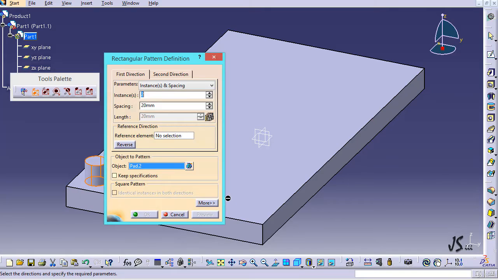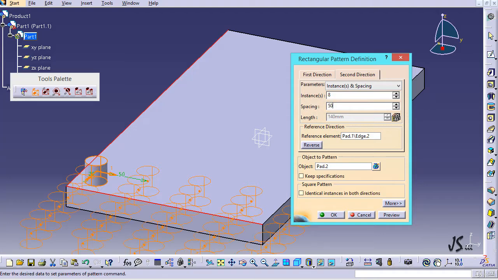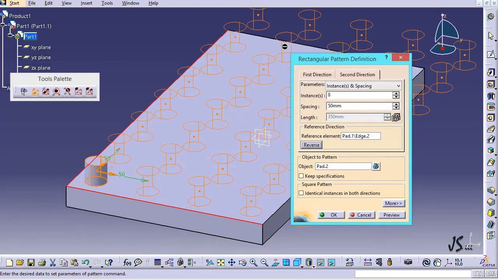select a rectangular pattern. And let's say that I'm going to have 4 instances. Each one is going to be 50 millimeters away from the other one, and the pad is selected as the object here, and the reference element is going to be this. And also in the second direction, the reference element is going to be this, and I'm going to have, let's say, like 8. Each one of them is going to be 50, and I click on reverse,